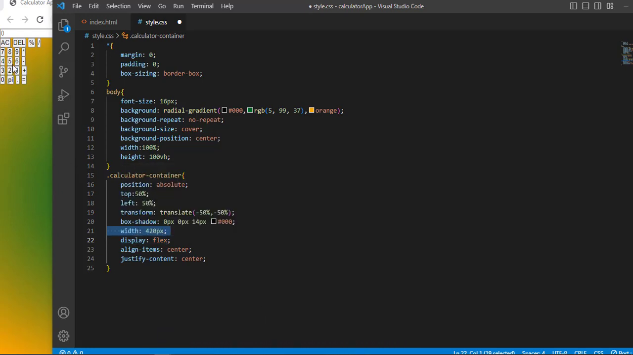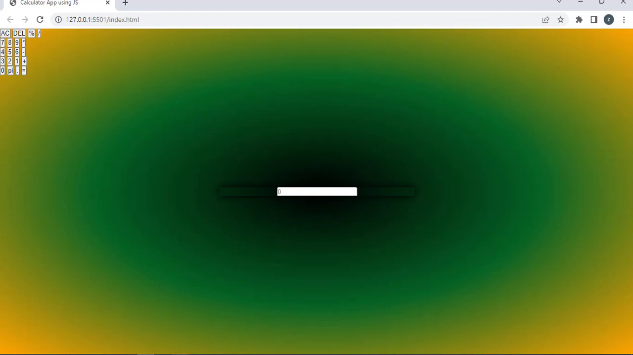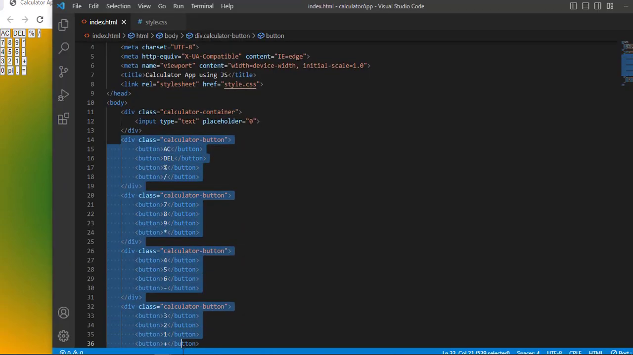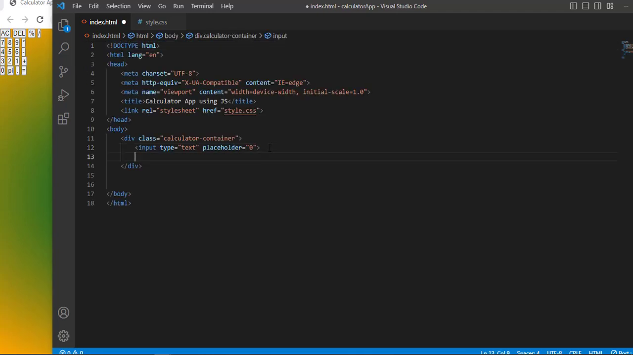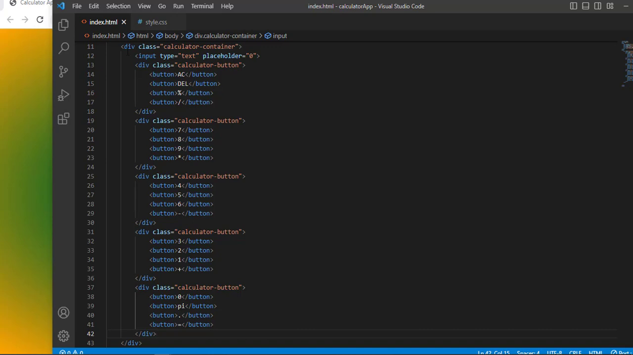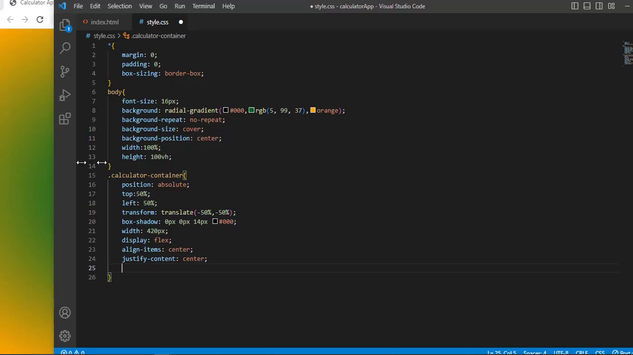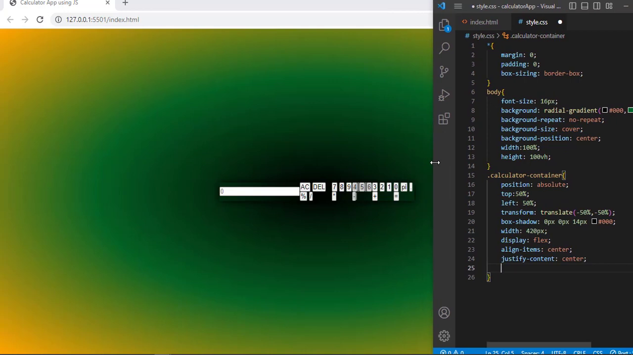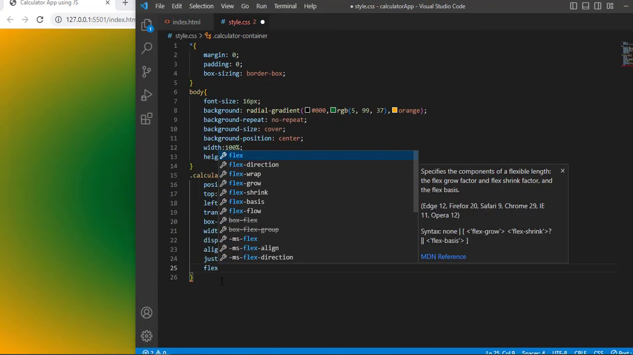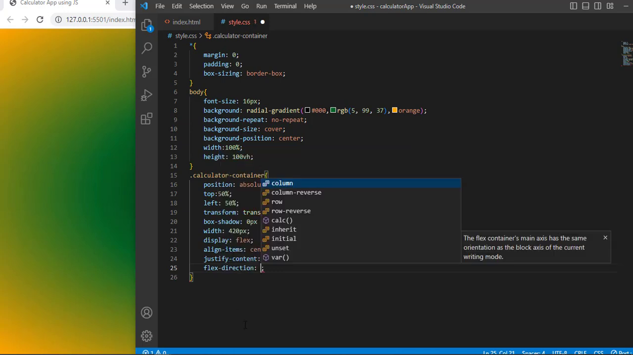Now we are going to align these items in the column. So to do this, we use display flex, align items center, justify content center. So before that, when I save and refresh, here we have. So now we are going to align these items in the column direction. So to do this, we are going to use another flex property, which is flex direction column,